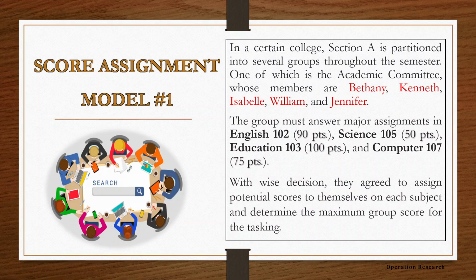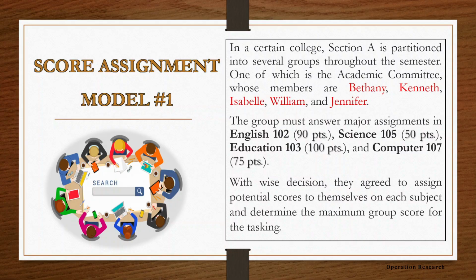The group must answer major assignments in English 102, Science 105, Education 103, and Computer 107 with their corresponding points. Now, with wise decision, they agreed to assign potential scores to themselves on each subject and determine the maximum group